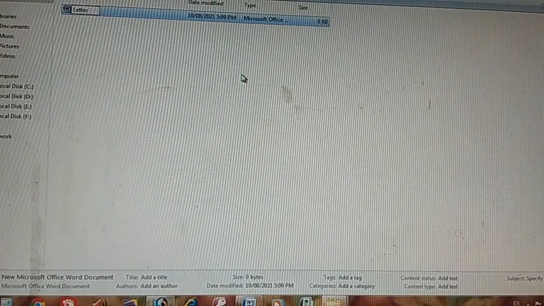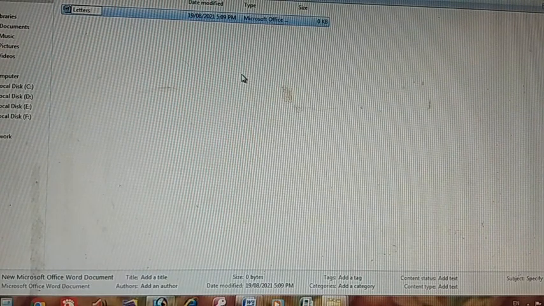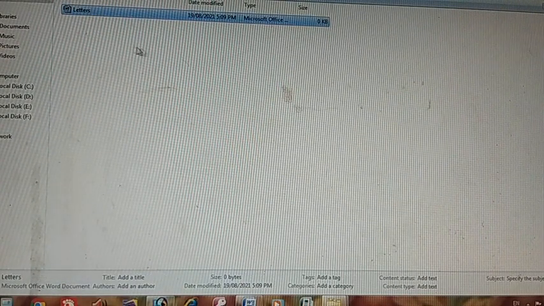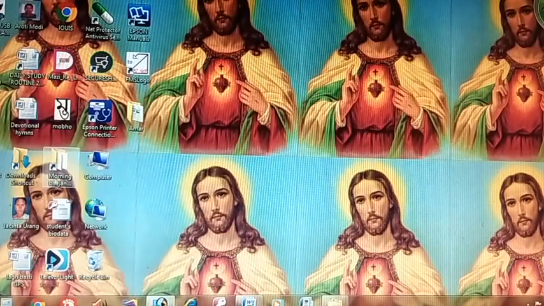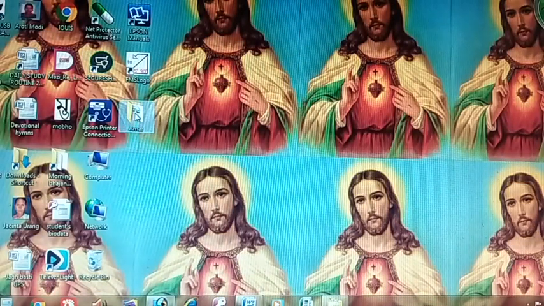So I shall give the file name letters and press enter. I created a file within Amar's folder. Let us go back again, close it, open Amar's folder. There is a file within it. The name of the file is letters. This is how you create a file within a folder.